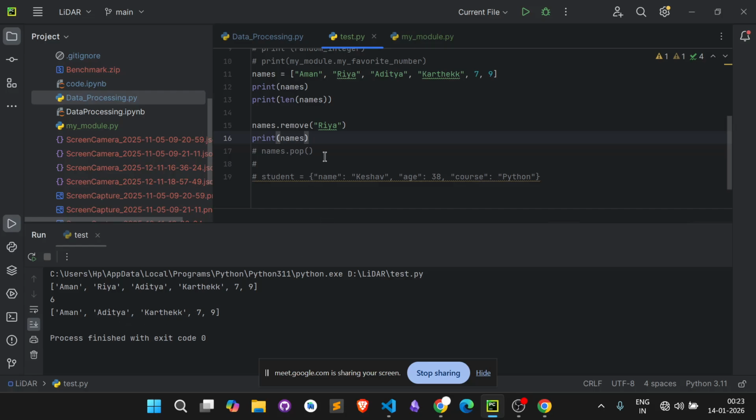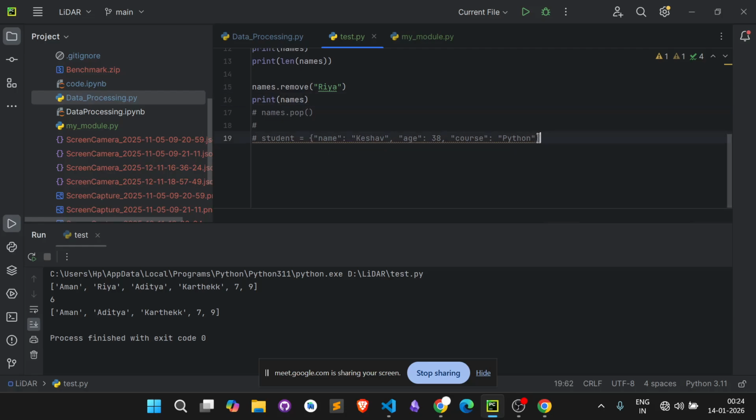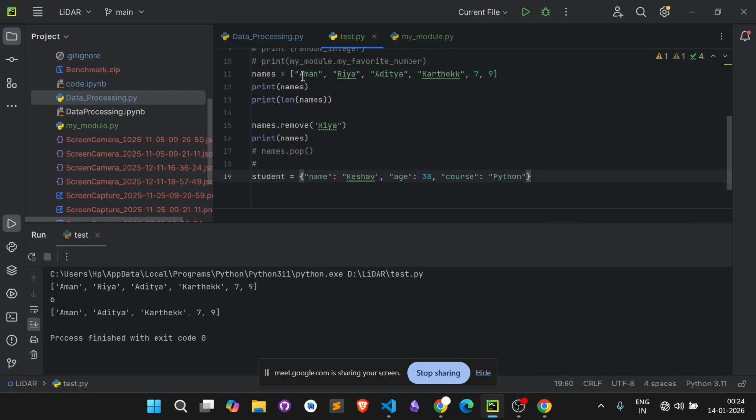And here you can see this is called a dictionary. For creating a dictionary we have to write something like this, in curly braces. That is a part of a list, and this is a part of a dictionary. In a dictionary there is a specific format in which we enter the data. Here you can see double quoted, comma, double quoted, comma, all the things have been implemented. Inside this you can also create one more list,